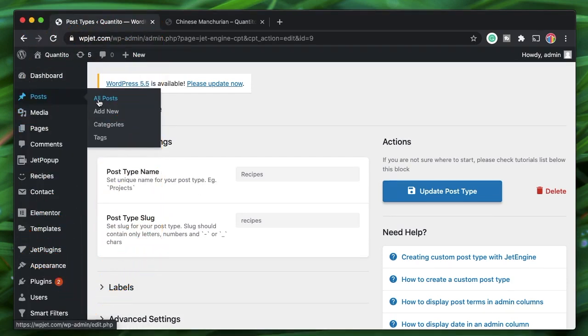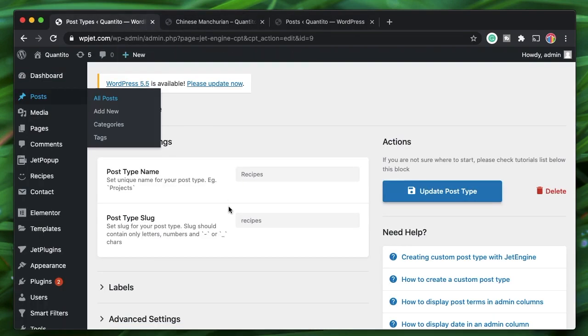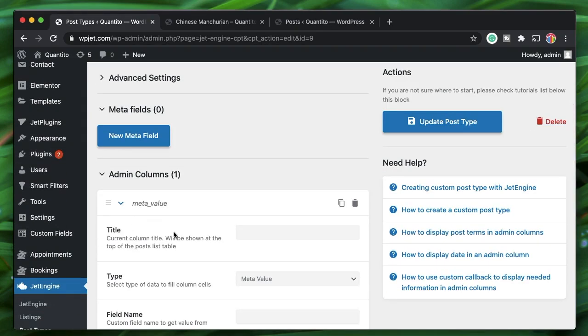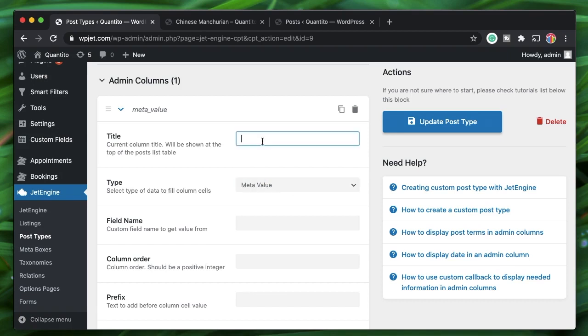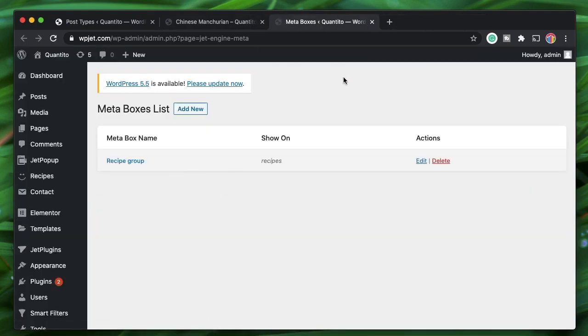So if we view the normal post type, you see this data, right? Author, categories, tags. This data can totally be customized using JetEngine. That's what admin column really means. So you just need to show all the meta fields. Title, again I'll use the meta boxes as a reference because we're essentially showing the data of the meta boxes. I'll just click on edit,